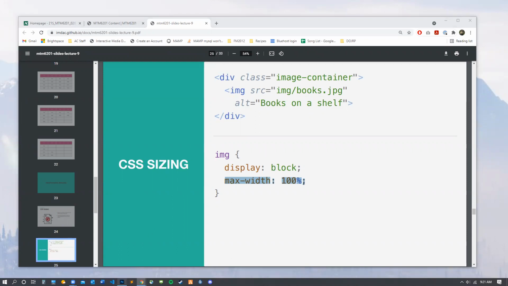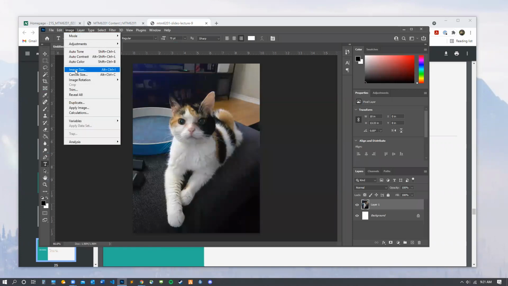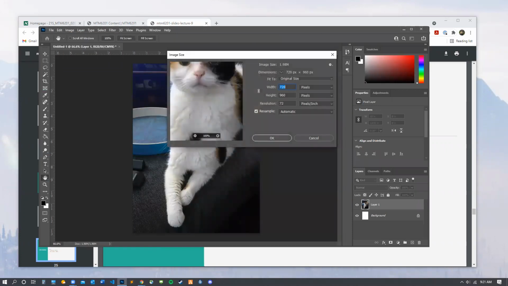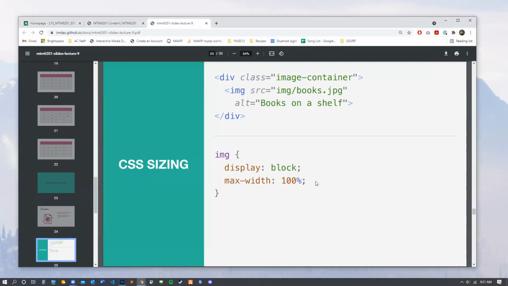This is the reason I put a big stink on this: it is the easiest thing to do that 20% of you are never going to do. 20% of you are going to ignore me right now, or you're not even here. You're going to get stretched images, and I'm going to reduce the criteria for the image by 50% or 75% because your image looks grainy or terrible. Like I just said, please don't do that. You're going to submit this to me, and you're going to suffer for it in grades, because it's so easy not to do that. Max width 100%,